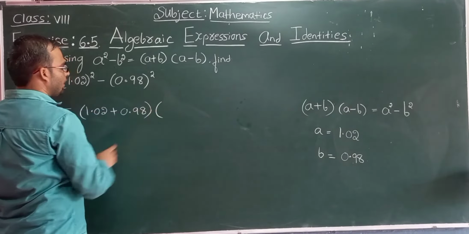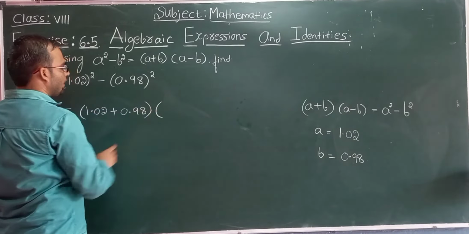We have to write in the form of a plus b into a minus b. Okay, so next, in place of a, 153 plus, a plus b, this one, and in place of b, 147. Okay, next into a minus b. A means 153 minus b, that is 147. Okay, 153 plus 147 will be 300 into this one. 153 minus 147 will be what? 6. Okay, next 3 6s are 18. 2 zeros means 2 zeros, or you can say 300 into 6 is what? 1800. Okay, so this will be the solution of third problem.